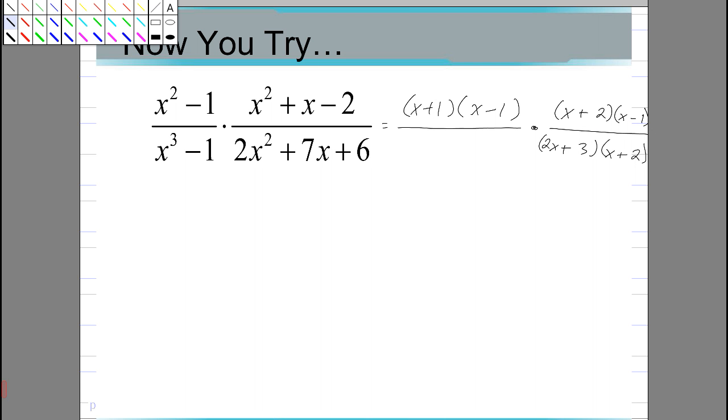Now I know that x cubed minus 1 factors. So that is going to be an x minus 1, that is a difference of cubes,